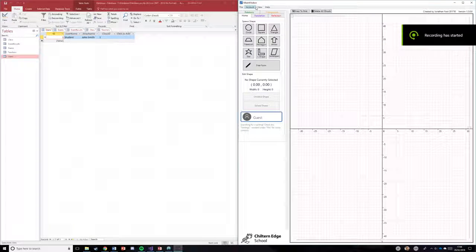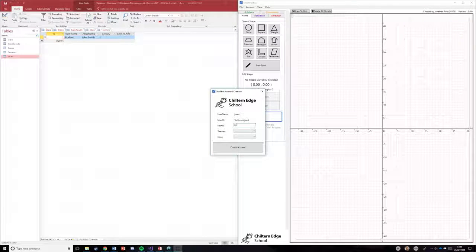Okay, so now we're going to create a new student account to show inputting data into the database. So we're going to enter in my name, so Jonathan. We're going to select the teacher of admin and the class of admin class. These are the default values. And you see over here at the moment in the database that the users table has nothing but the example